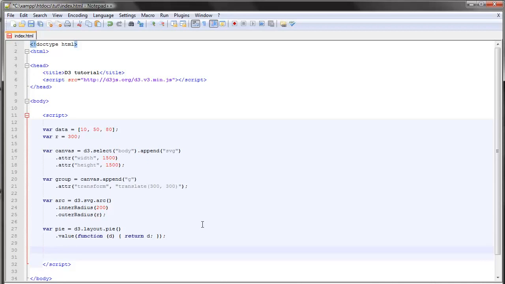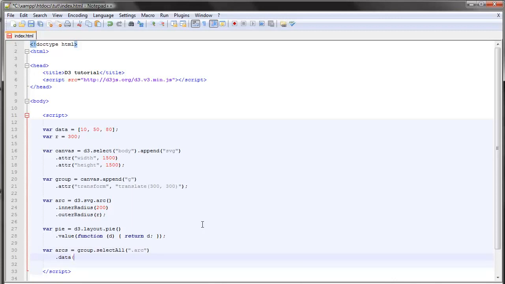We also, so obviously we have to bind our data to our document, and once again we select all. In this case we'll select everything that has the class arc,